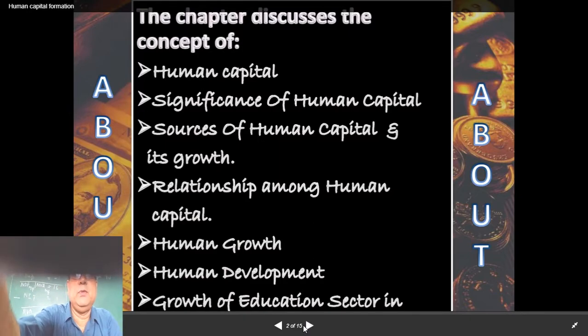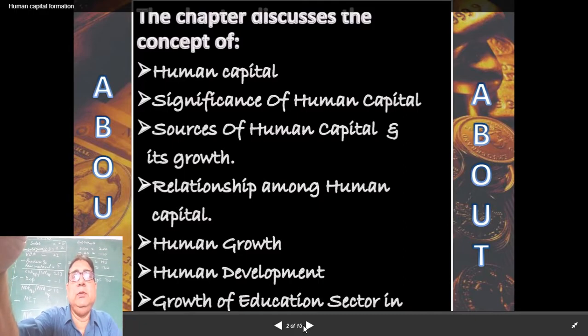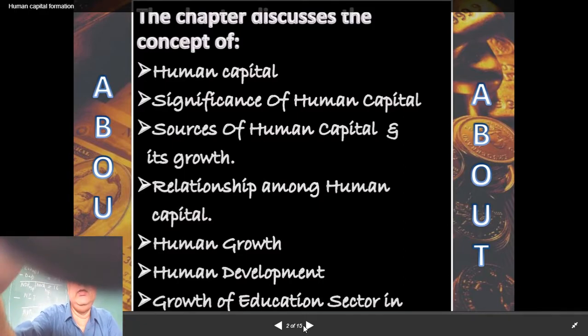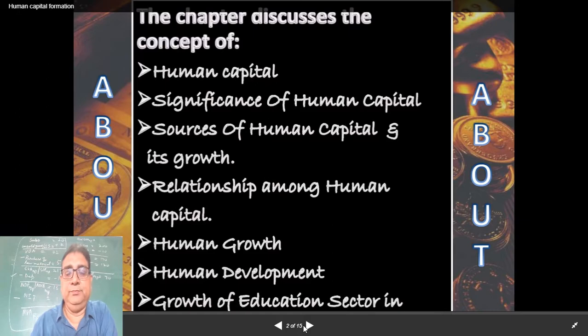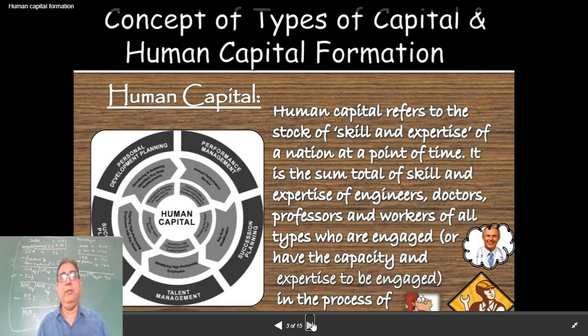So my dear student, it is very important to understand this topic. It's a very important topic, and we should know what is the role of human capital formation in the growth of the country. So we will begin from the concept and types of human capital